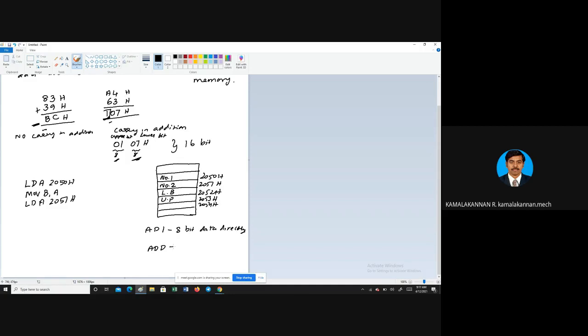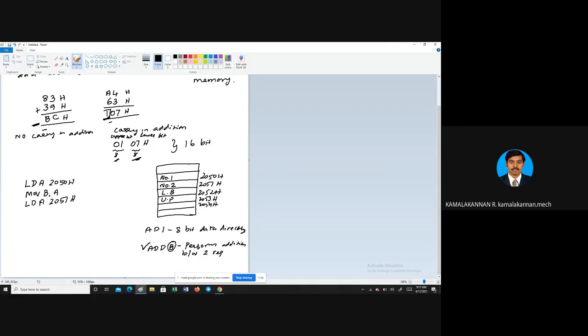ADD means you can write it as ADD B. That is, one register will be here, and one register will come. It will perform the addition between the 2 registers. So what have we done here? We have used two registers, A and B. So which one should you choose?